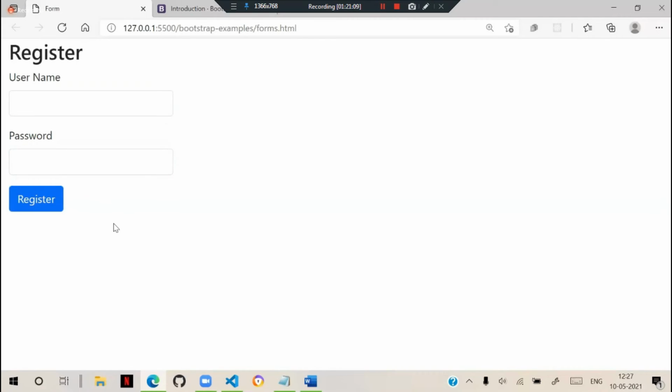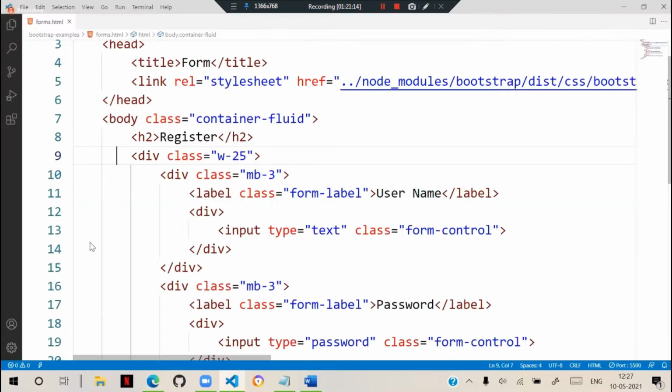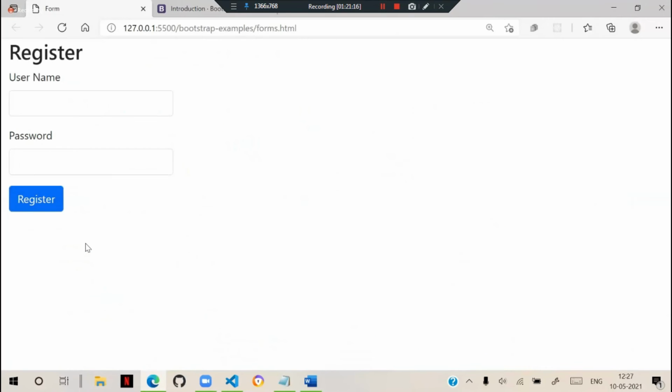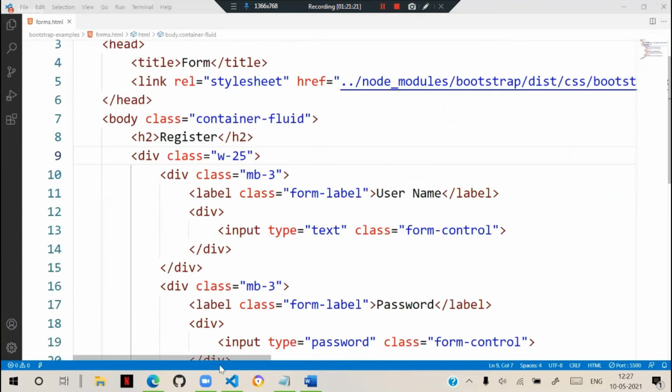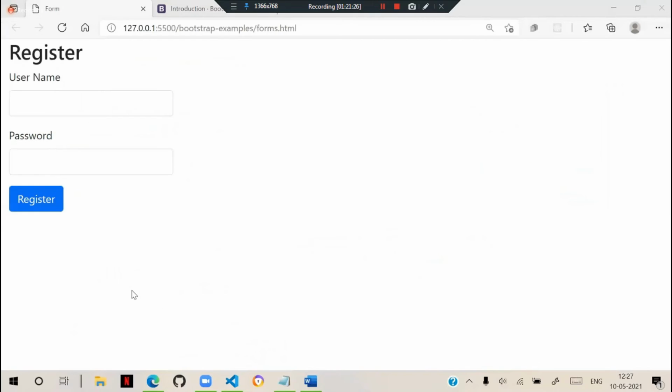And how to display the register button as block? I already told you how to display it as block. That means it should fit the width. What attribute is used for that? Earlier we had to use btn block. In the new version, what to do? If I want to fit it to the window, what to do?